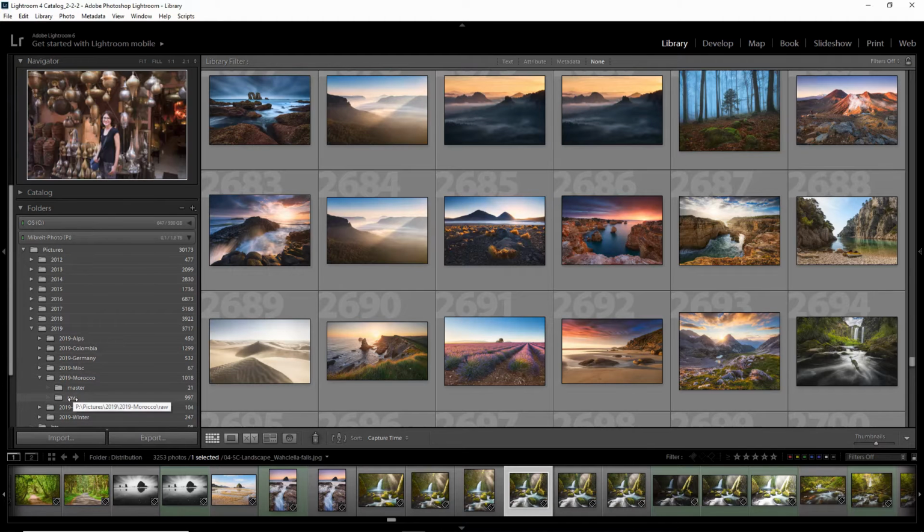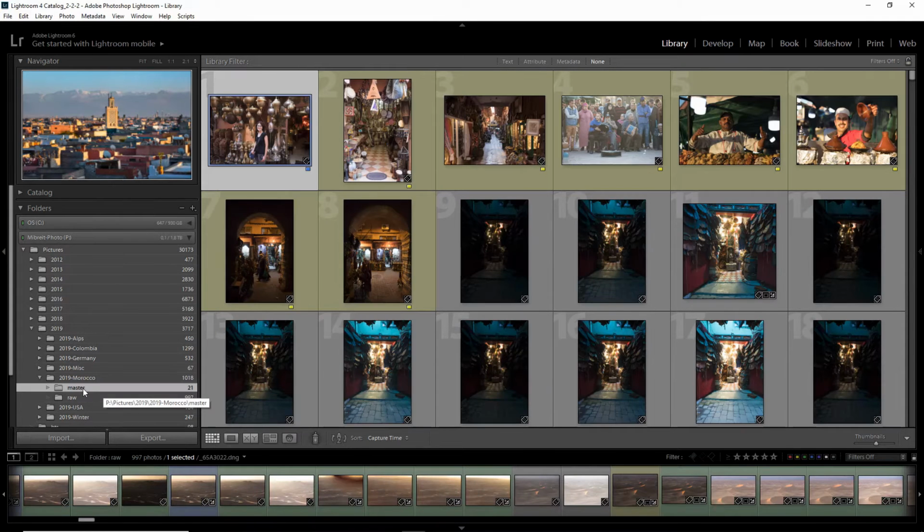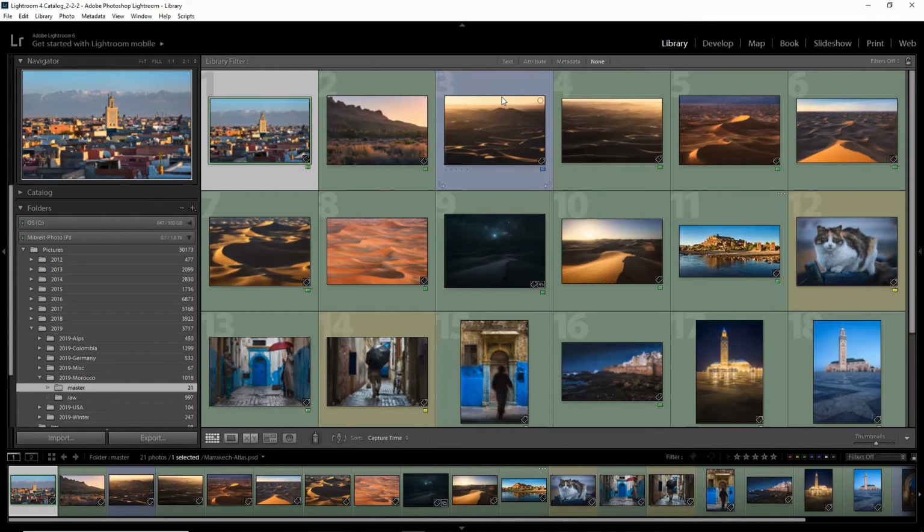You see here I have the RAW folder, which basically contains all the raw photos. So when I import my photos, I import them into this raw folder as DNG. And then we have the master folder, which contains the PSD files which I was working on. Those files are the final photos from which I basically create all the different distributions, for example for web, for